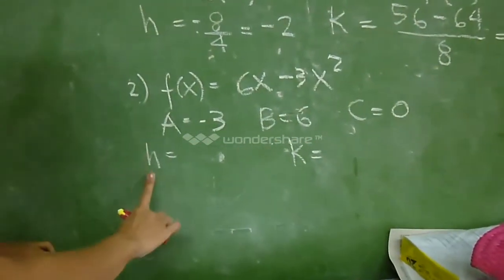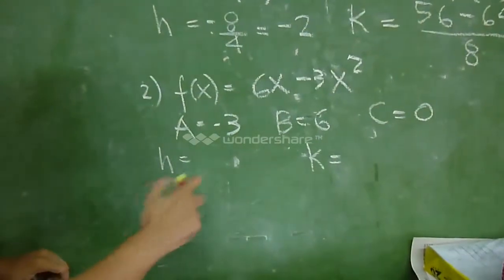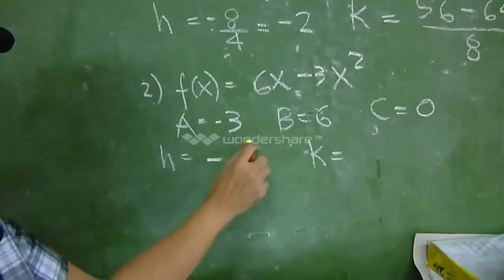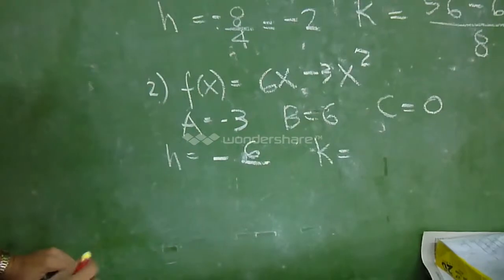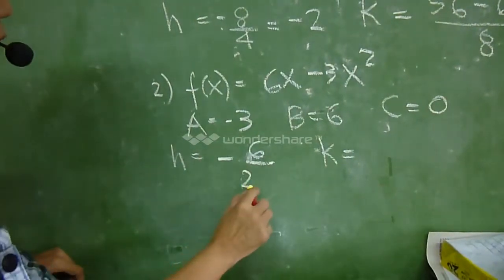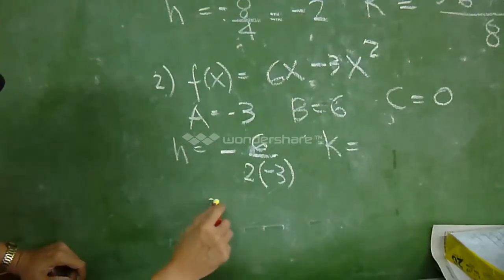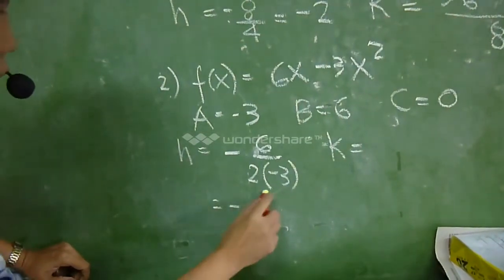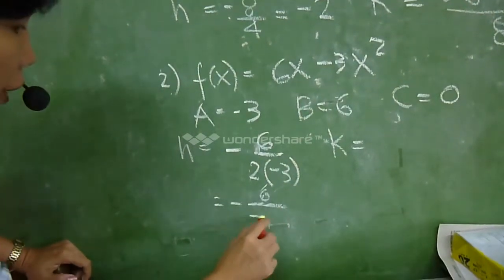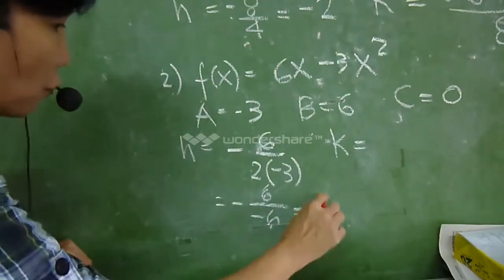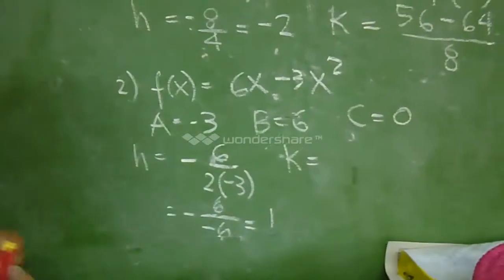So, ano yung h natin? Remember, our h is negative b, which is 6, over 2 times a, which is negative 3. Simplifying, we will have negative 6 over negative 6, which is positive 1. Ang k naman natin